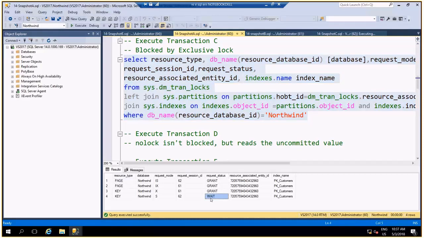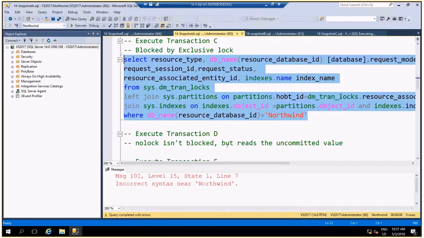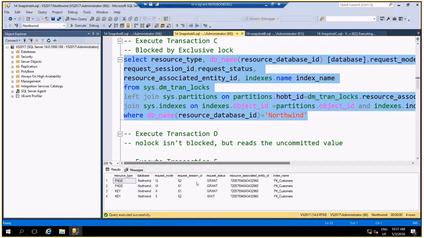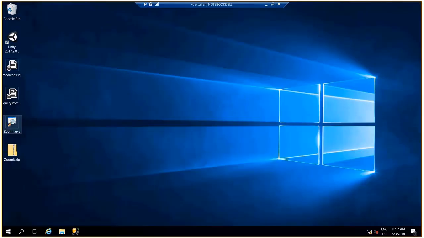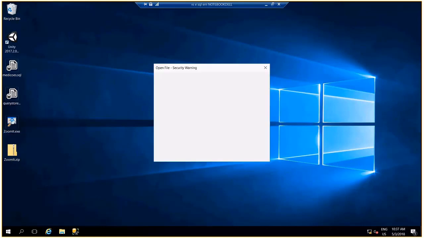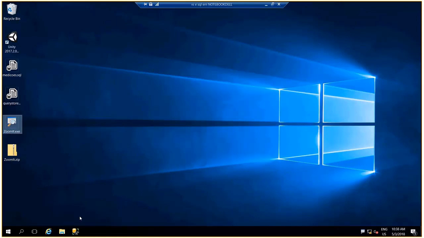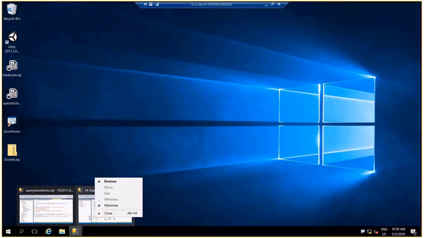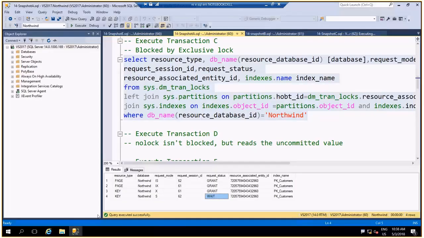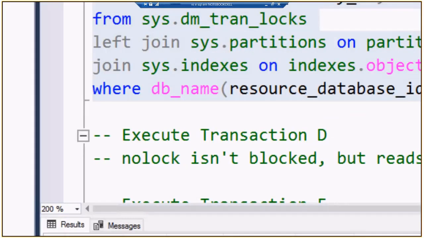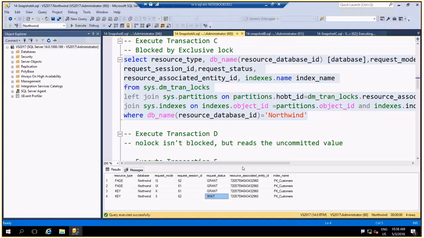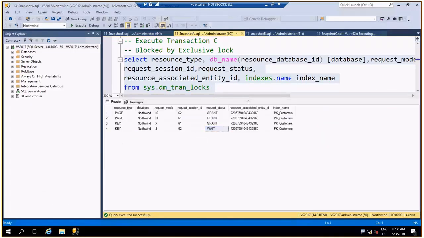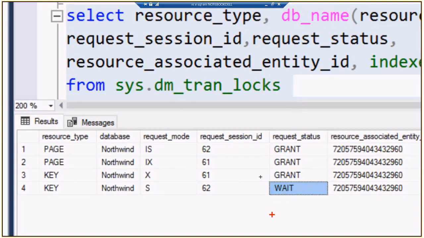We can see here a shared lock waiting to be inserted on the record.